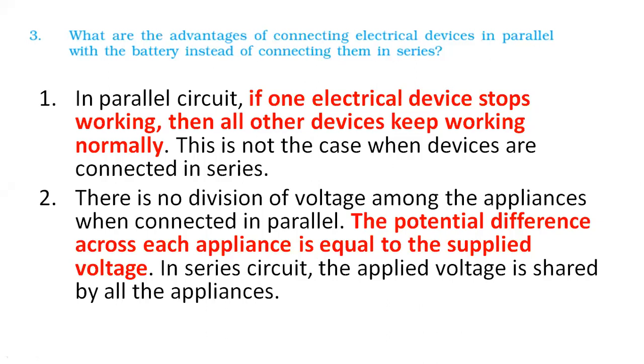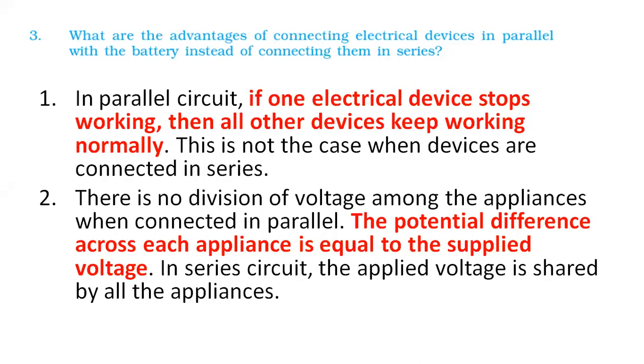It's a great advantage. Now you might ask me, sir, what is the advantage if potential difference is same across all the devices? How does it matter? Suppose I will just give you an example. In your home there is TV, then suppose an oven, then there is electric motor, then AC, then fridge, refrigerator. So not every device will require the same kind of potential difference. Means current I'm talking about. So not every device requires the same current. So for all of these devices, you will require a separate power source. Why? Because each device requires different electricity. So you have to create separate circuit for each of them.